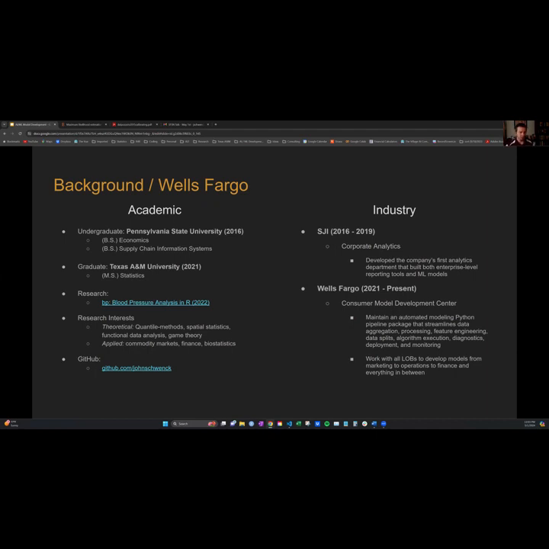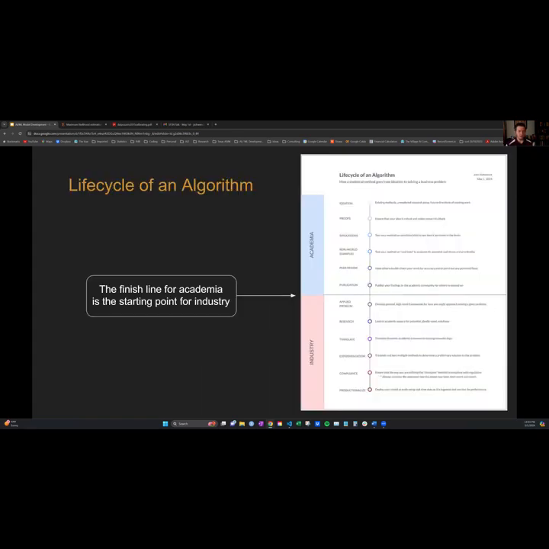So let's get into what is the full life cycle from the moment you guys have an idea to the moment that our team implements that idea into production. So just kind of going down the list here, this is a rough timeline, I guess you could say, of how that idea permeates through all the trials and tribulations to get to the end result. What's typically the finish line for you guys, which would be a paper or a conference proceeding or something like that, that's usually the starting point for us, right?